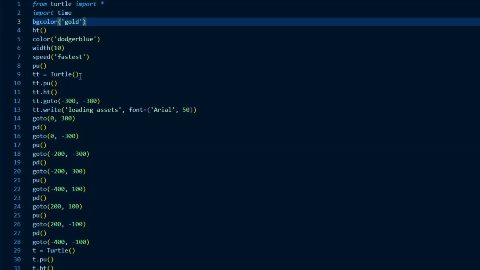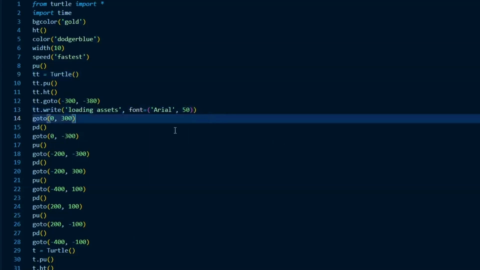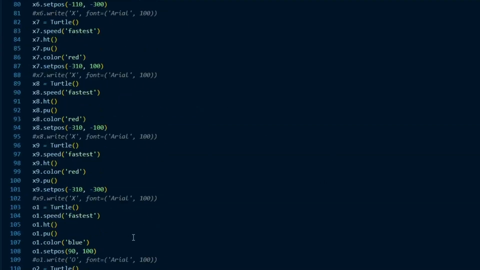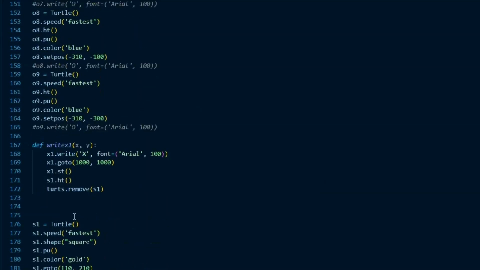Then we make a turtle called double T. Double T doesn't draw anything, and you hide the turtle. It goes to a position around a lower part of the screen and writes loading assets. Now you might be asking, if you write down loading assets, won't it just stay there forever? Well, when we go further and all of these turtles are finished loading, we just have